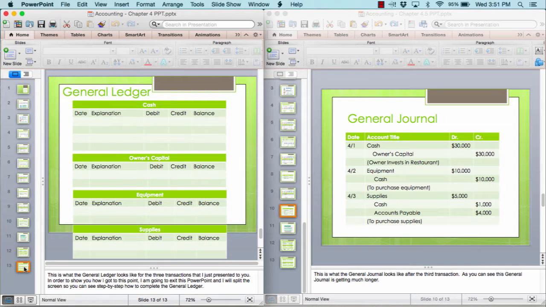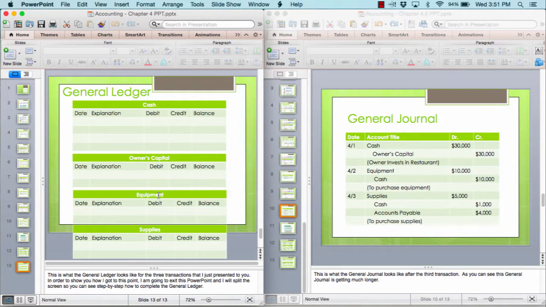So now I'm going to go to a blank one so you know how I got there. What we're going to be doing is transferring all this information and separating them out into different documents for each of the accounts. Think of it as your bank accounts. You have a checking and you have a savings. Think of each one of these, and perhaps this is your checking account and this is your savings, and perhaps